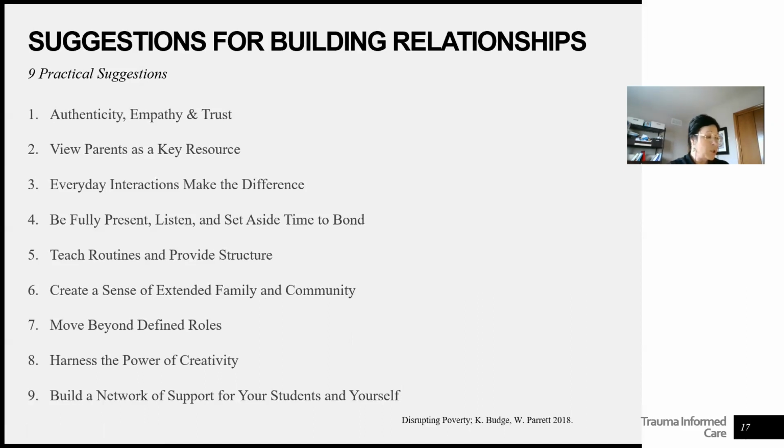So, just a few other things on building relationships. I'll try to keep them brief. Find common ground. Be yourself. Don't be sympathetic, be empathetic. Work on trust. Be calm. Many times these students do not respond to sarcasm. Humor, yes. Sarcasm, no. So be very cautious about that. Be intentional, be positive, listen to them, respect them.